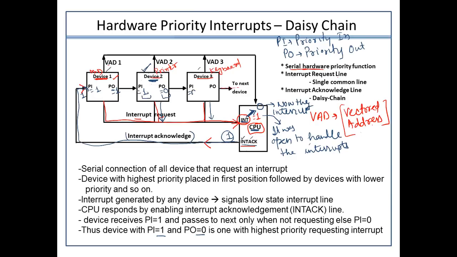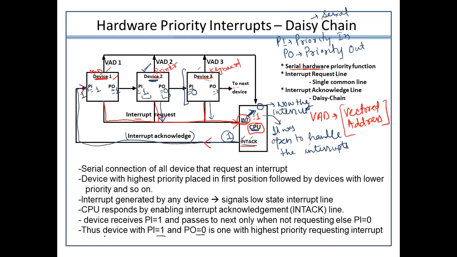So this PI will become 0 here, and accordingly nothing will happen to the other cases, because as soon as the PI receives the 0 value, it means no request came. So this is how the CPU entirely takes care of priority interrupts in the case of the daisy chain. And the daisy chain is a serial method to determine which particular hardware has sent the request. All right, so this was how I was explaining it to you.